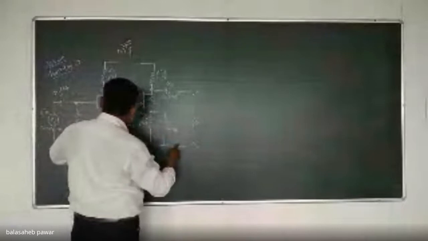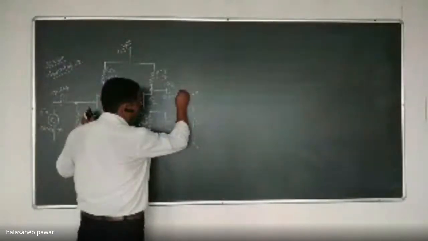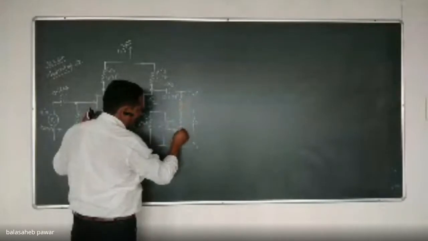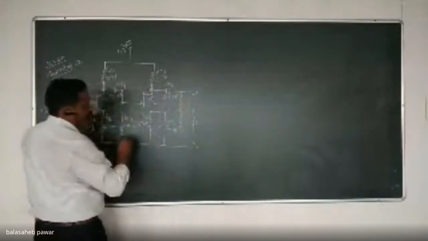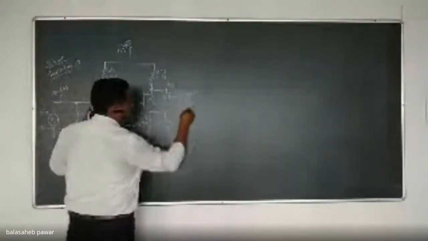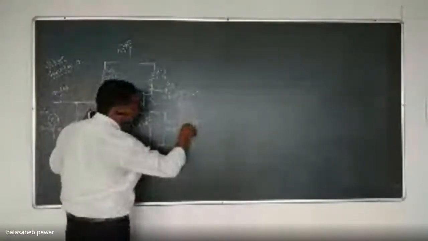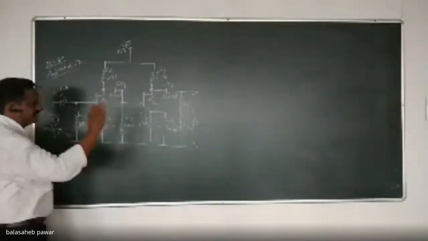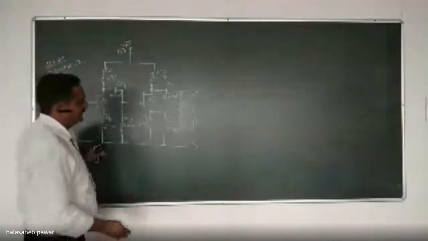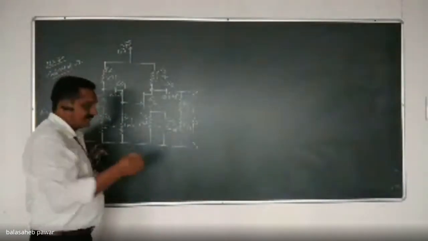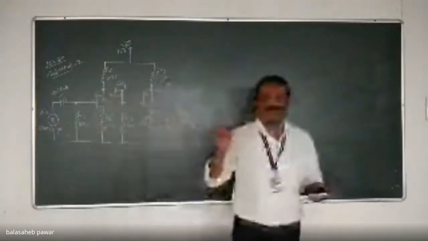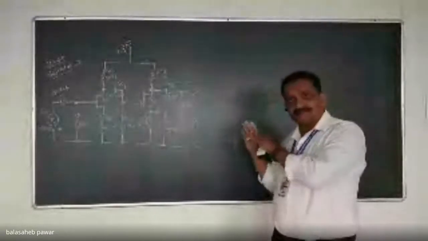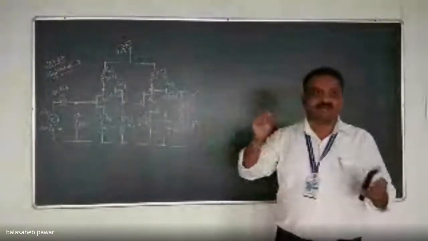We have to draw the output circuitry. That's why we made that input equal to 0 by opening it, so that RF will remain as it is. That RS is also as it is and will come in series. This is nothing but your RF and this is nothing but your RS1. To draw that input and output circuit, you just have to imagine those steps. That means you have to consider the effect of the feedback network components on the output side as well as its effect on the input side. That is nothing but drawing the input and output circuits.